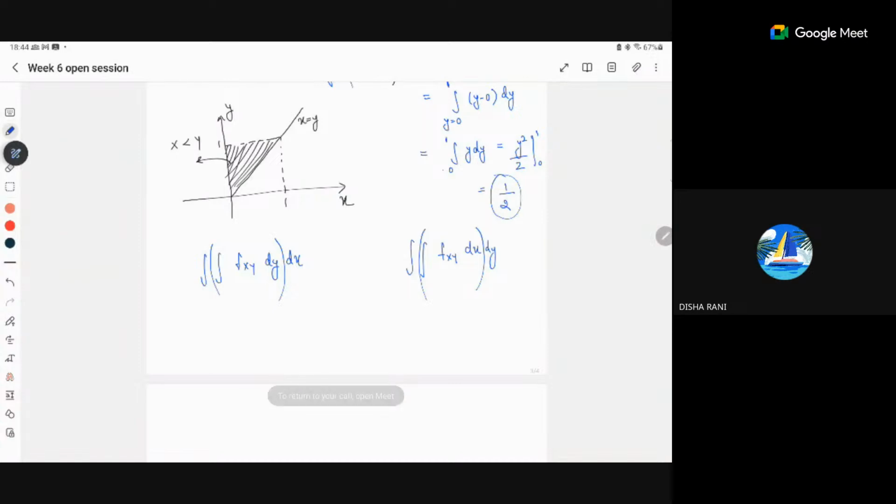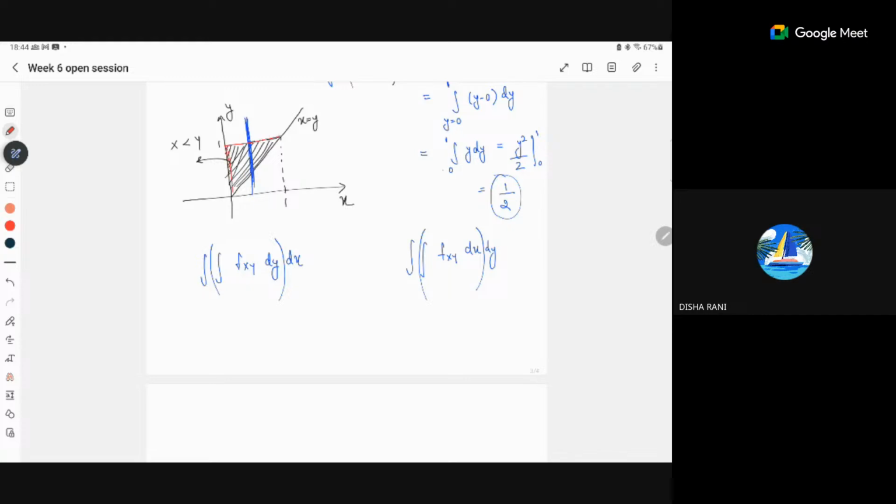So if we have to integrate with respect to y, we'll make a strip now parallel to the y axis. The same thing like when we were first integrating with respect to x, then we made a horizontal strip parallel to x axis. Now if we have to integrate first with respect to y, I'll make a, sorry, not horizontal, I'll make a vertical strip parallel to y axis. Okay. So now since I have made this vertical strip which is parallel to y axis, now I should see that